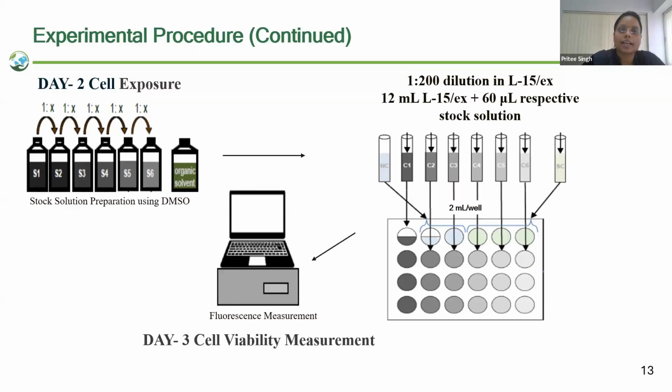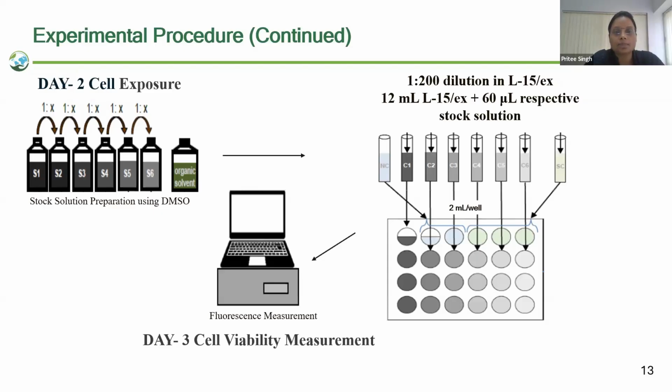So here, 3,4-dichloroaniline is insoluble in water. So a solvent, that is DMSO, was utilized to prepare the stock solution. Depending upon the concentration, the stock solution was prepared. As per the guideline, at 1%, the organic solvents are non-acutely toxic to the cells, but the guideline has recommended to use only 0.5% volume by volume. So here we have prepared 200 times more concentrated stock solution and then added it in L15 medium. In each well, 2 ml of dosing solution was added.